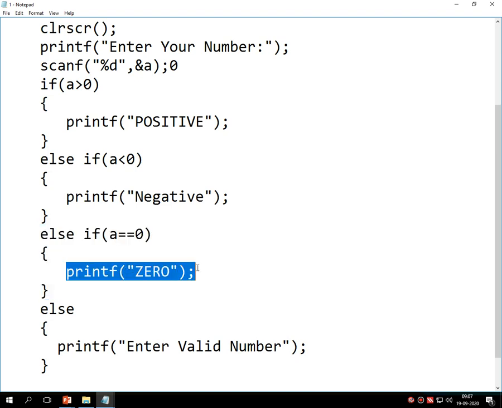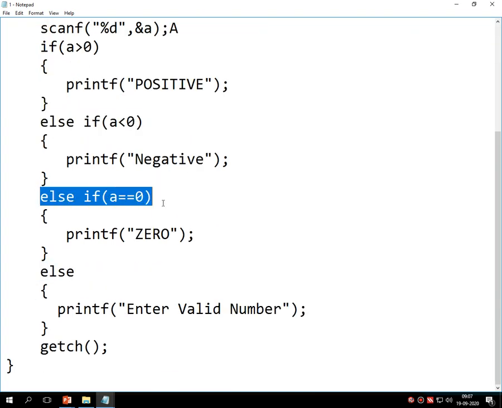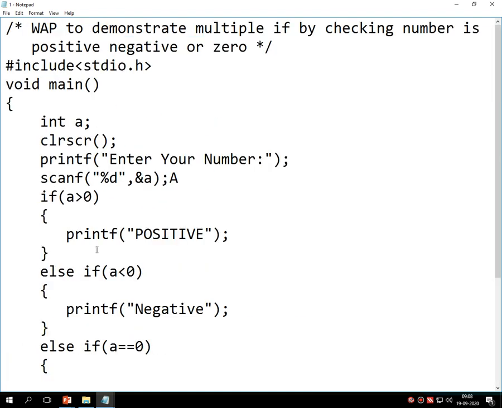It prints 0 and the program gets terminated. Here I have entered a, which is an alphabet. In this case condition 1 is false, 2 is also false, 3 is also false. So it executes the else statement, which displays enter valid number, and the program gets terminated.